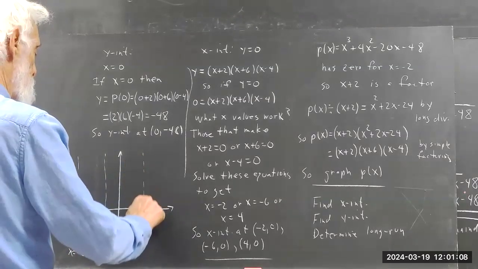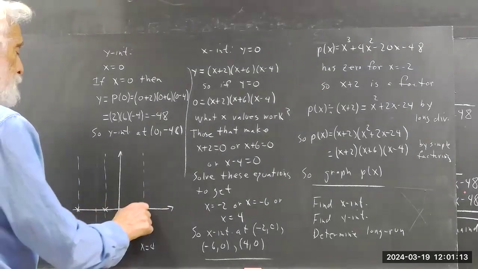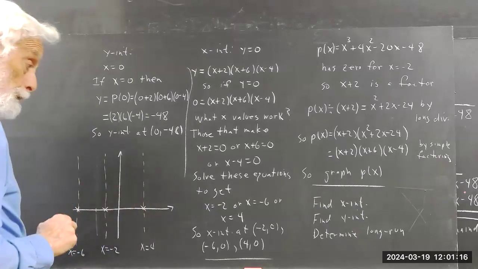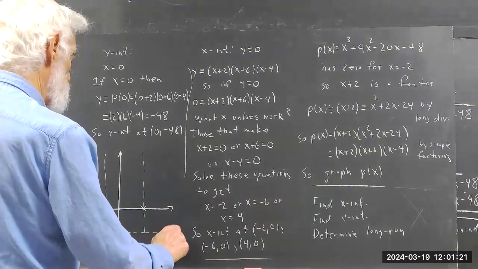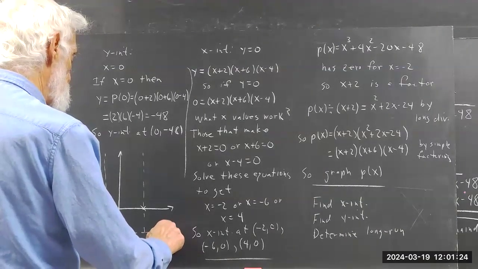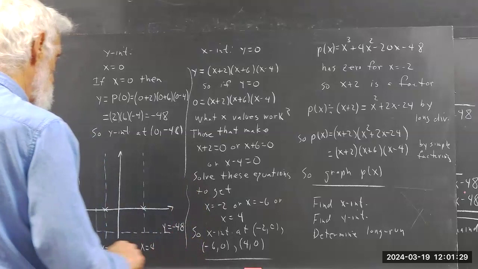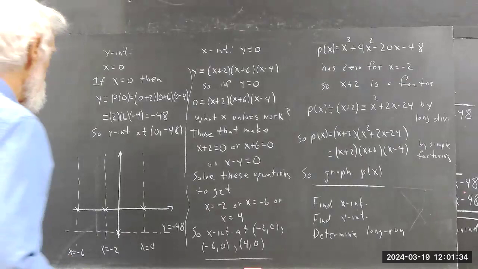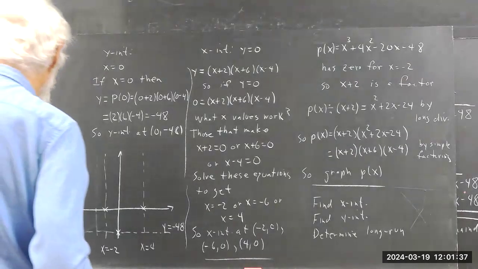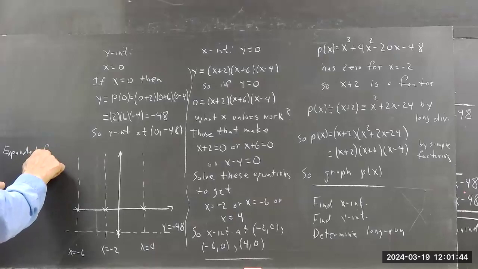And x equals 4 gives us y equals 0. So we have these 3 points. When x equals 0, we get y equals negative 48, which is here. And then the expanded form